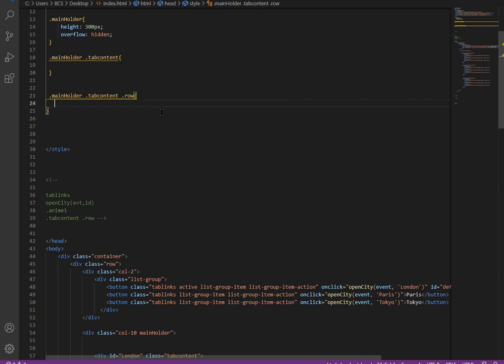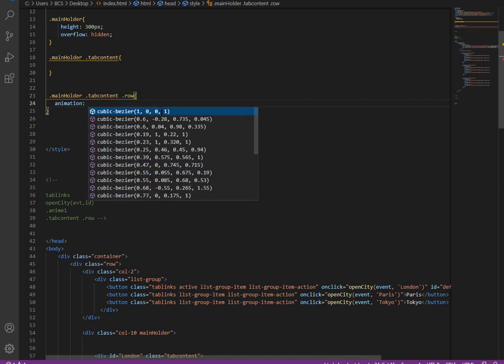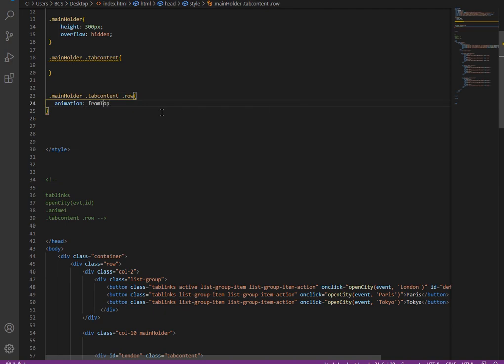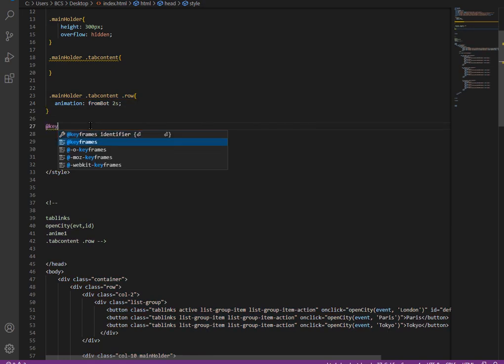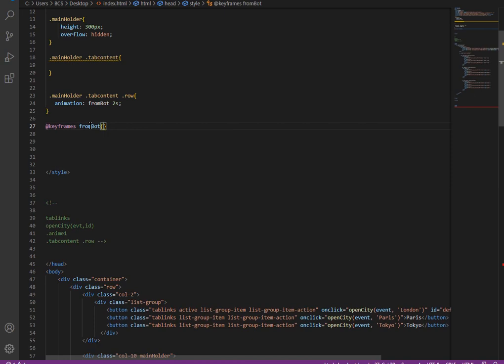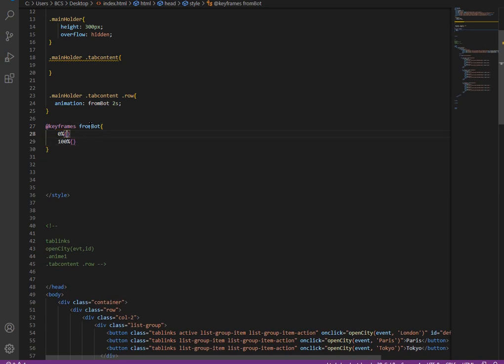Let's get the row and start using the animation name from bottom, in the duration, and then let's start defining the animation at the rate keyframes animation name, and on the 0th time frame what it should do, and on the 100th time frame what it should do.